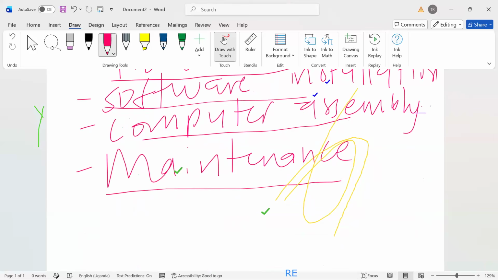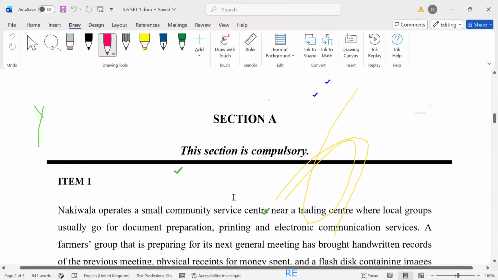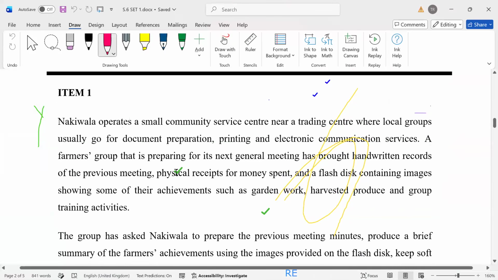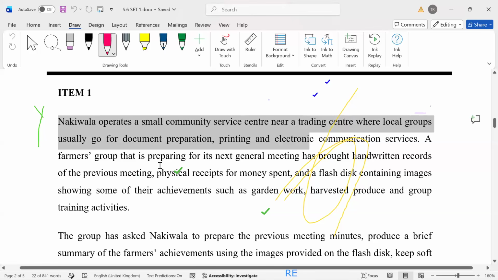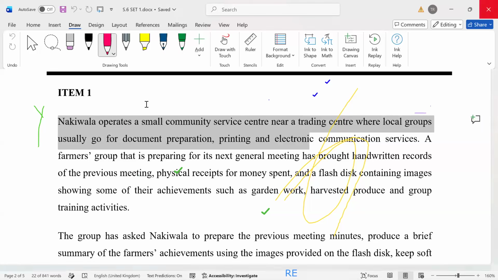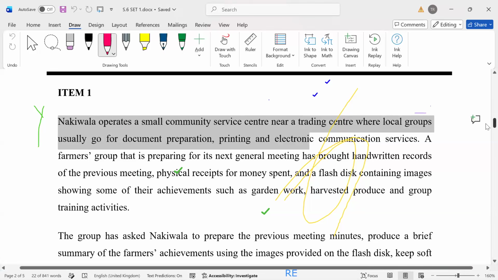When you take keen observation, they are telling us in this item 1 scenario that Natural operates a small community service center near a trading center where local groups usually go for document preparation, printing, and electronic communication services. A farmers group, they're telling us here, that is preparing for its next general meeting